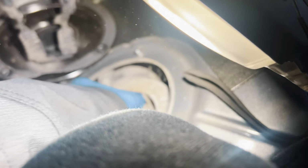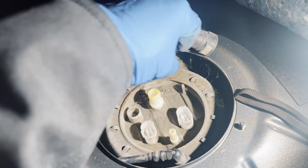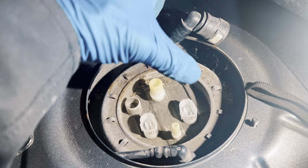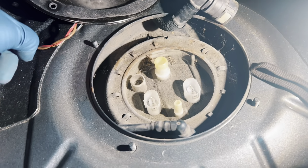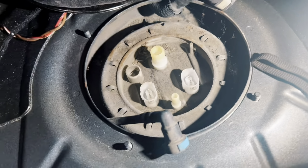Oh, it's got 2 tabs. All right, I need 2 hands. Be right back. All right, we got that last and final fitting off of the pump. It was just squeezed the 2 gray tabs in. I actually used a little pick to pry it up, but now that that's all done, we can move that out of the way, grab our